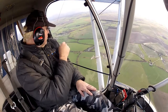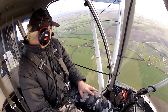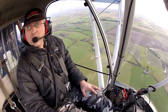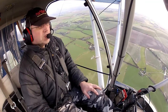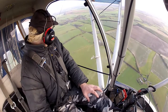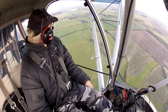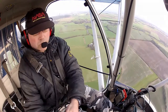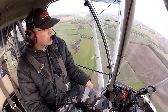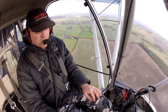And that down there, those buildings there, that's my friend Mark, who runs an air place called Galaxy Microlights, if you ever need your microlight fixing. So he's down there. And we're going to go into the flight pattern now. Wing Farm traffic, Sierra Lima Alpha Kilo is descending dead side for runway 27. We've just gone past the runway now, and we go on to our circuit, which is